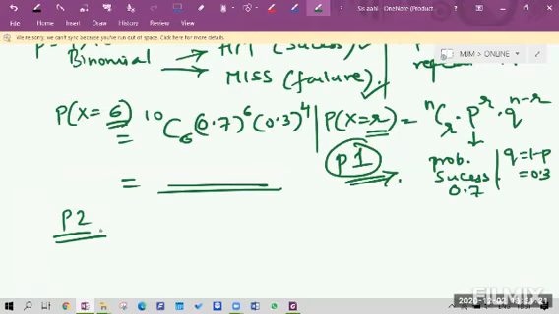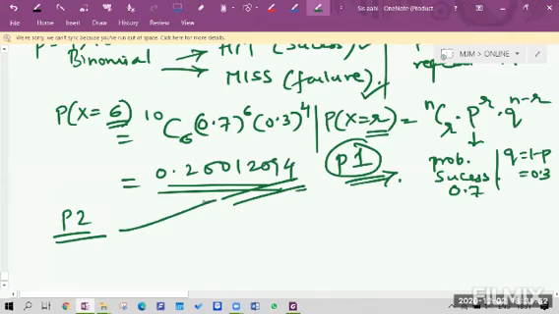Execute. Okay. Number of trials is 10. Execute. Probability of success is 0.7. Execute. Save and as. That is your answer, 0.2200120094. Do you get it? Yeah. So that is your answer by the paper 2 way. I hope it is clearly understood. Yeah, so this is the way you do it.